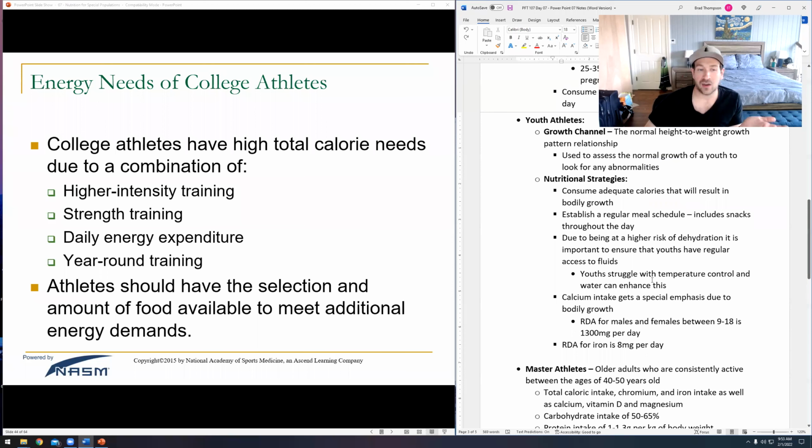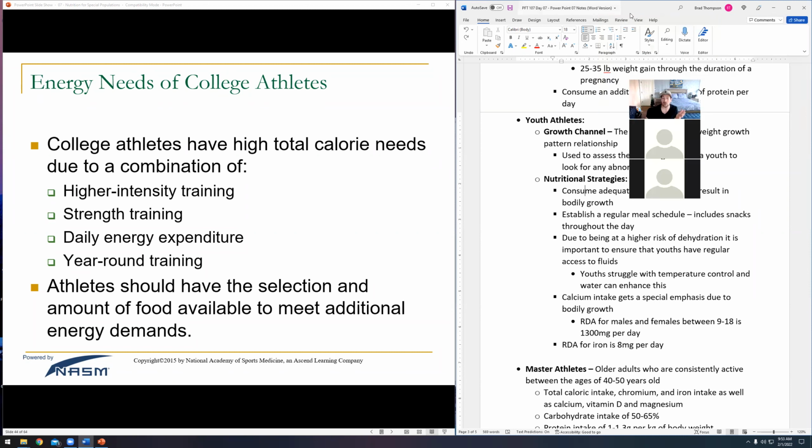You know, there are some other things to pay attention to when it comes to calories. Your calorie intake is probably going to be a lot higher than mine. I'm in my 30s. My metabolism is going this way, so it makes sense to make sure that you guys are also getting enough calories in your diet. So having a regular meal schedule is important.